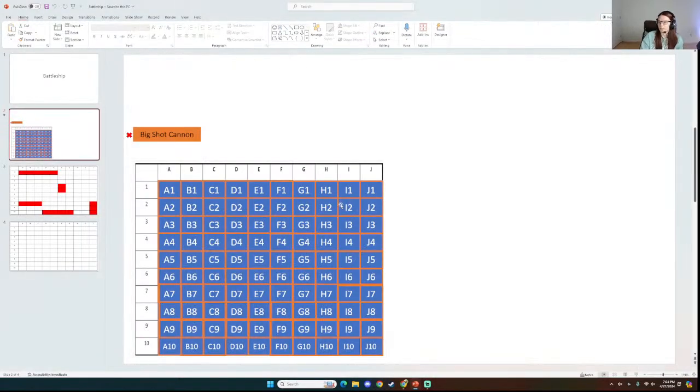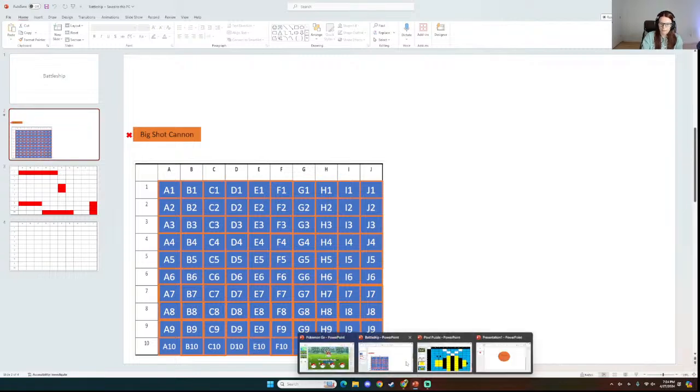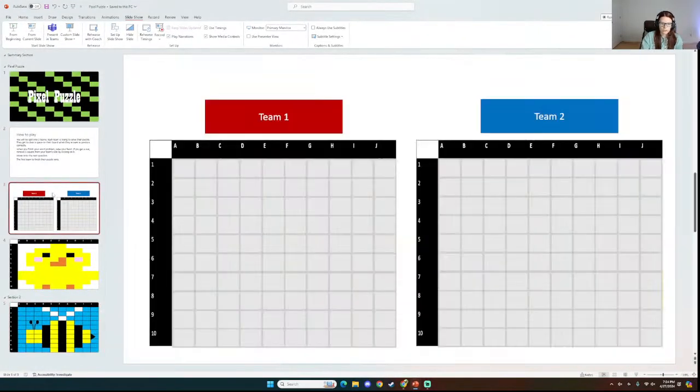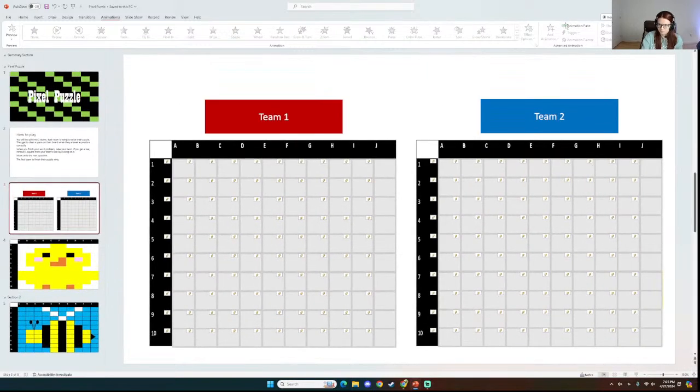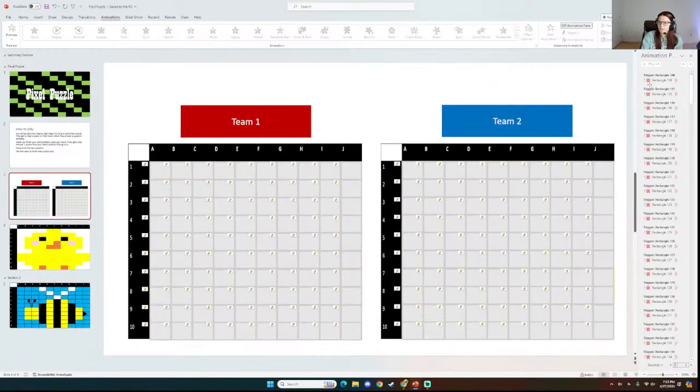The trigger tool, it doesn't always have to be one thing after another. It could just be one. And that's what we see with Battleship and Pixel Puzzle. We've used that trigger for all of the squares. So when we go to the animation panel for that, you'll see that the trigger of rectangle 108, which is